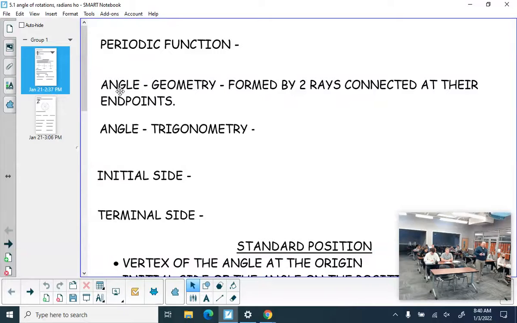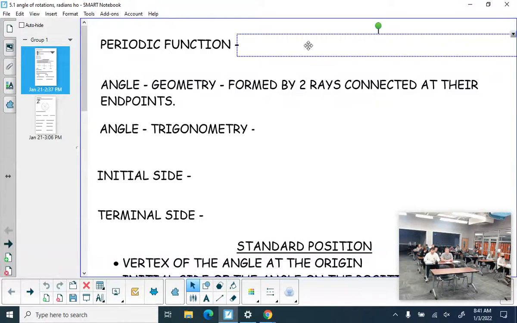We've dealt with all types of functions in college algebra. We had polynomial functions, we had quadratic functions, we had linear functions. These were all things that we dealt with in college algebra. When we talk about trigonometry, we talk about what is called a periodic function. And when we talk about a periodic function,